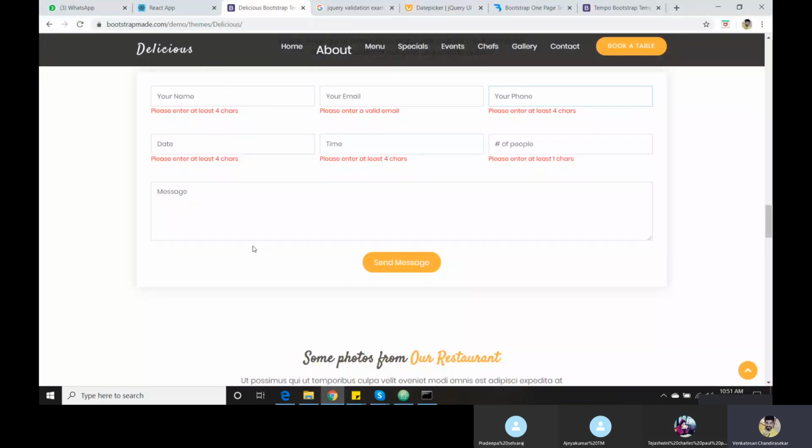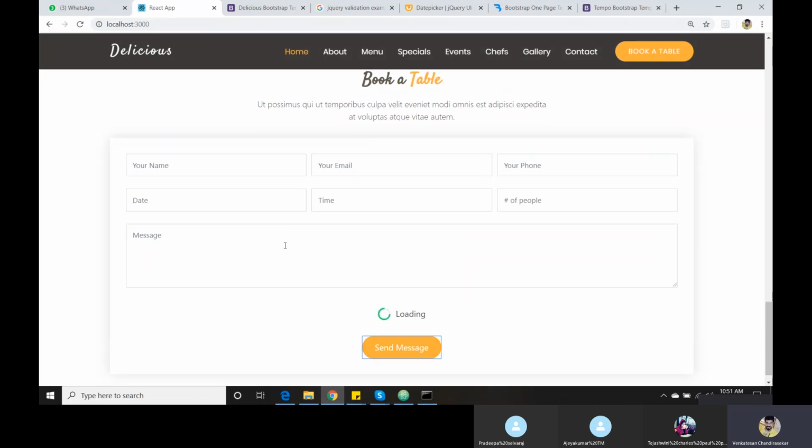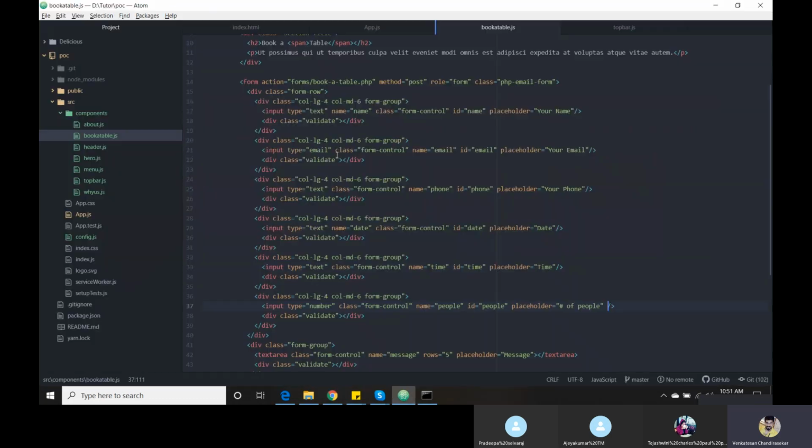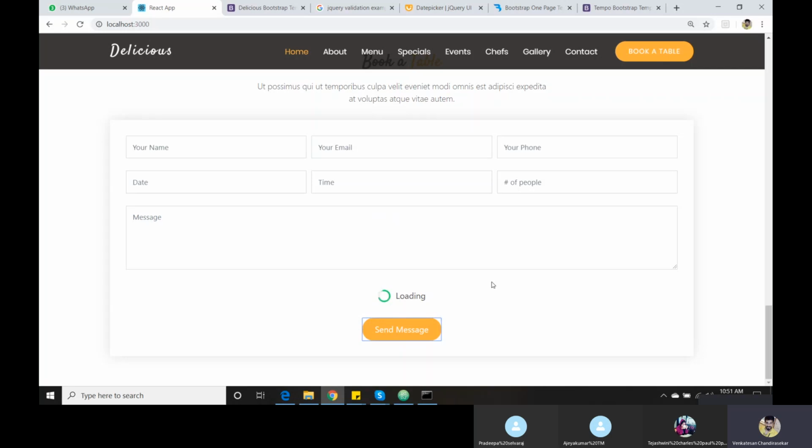Now, if I click, it won't work. The reason is I have removed everything. This looks good, so we will keep this one. No worries.